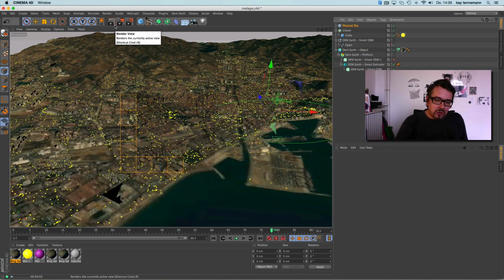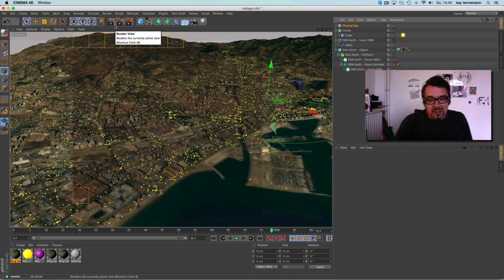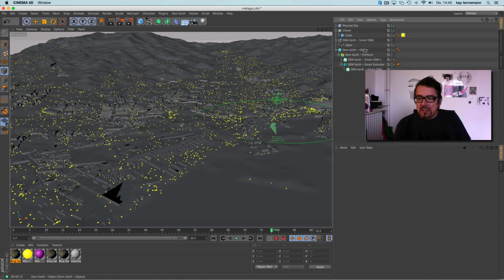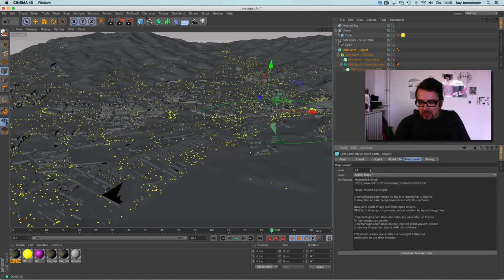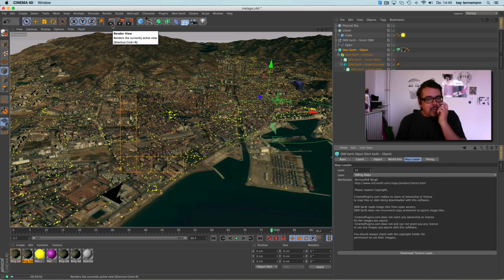It's of course not for very detailed close-ups, but it's very cool. In this case, the texture could be a bit higher in resolution. Moment. Maybe like this. Yeah, it's much better. You see, this is Malaga.